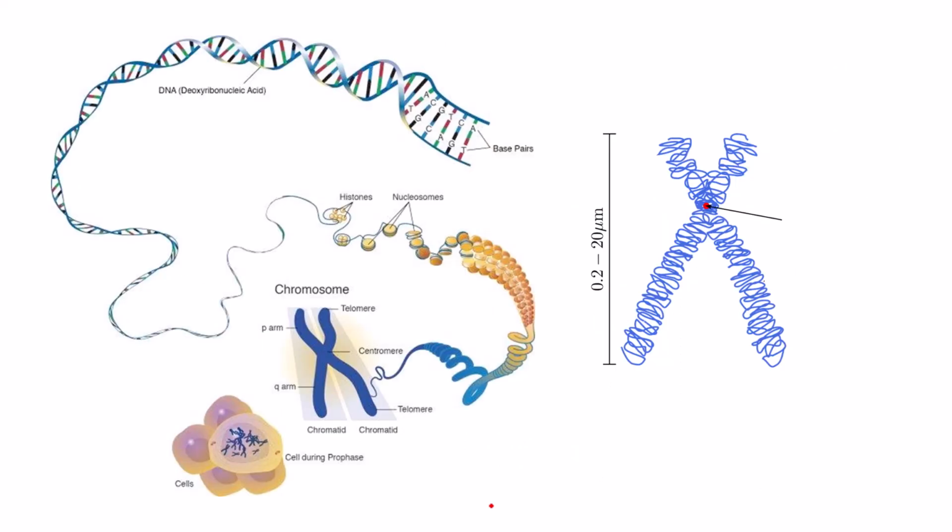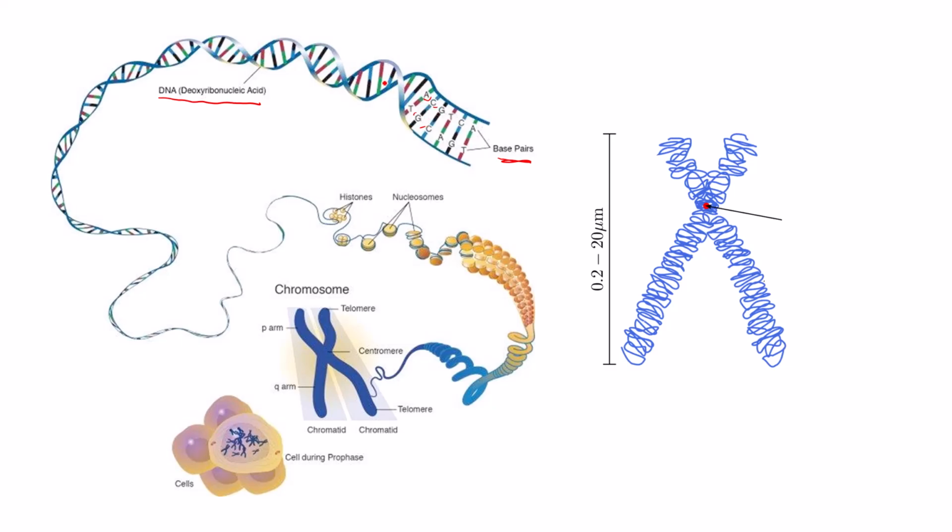So when we look at a DNA molecule, DNA stands for deoxyribonucleic acid, and when we go as far into the structure of DNA as we can, we notice that it is a twisted ladder. The rungs of the ladder would be nucleotide base pairs. Base pairs can be either A, T, C, or G. We're going to talk about DNA in more detail in our DNA unit, but the twisted ladder is called an